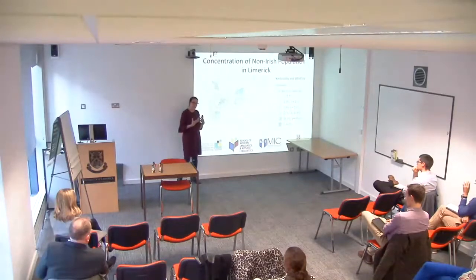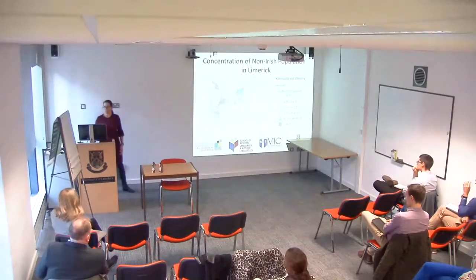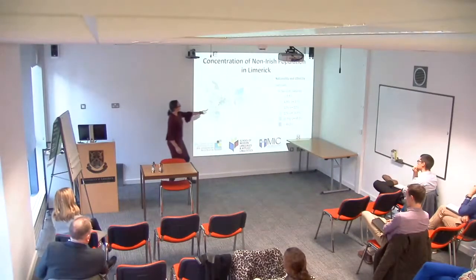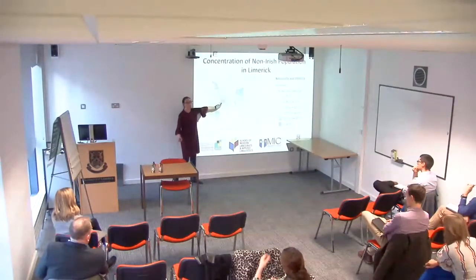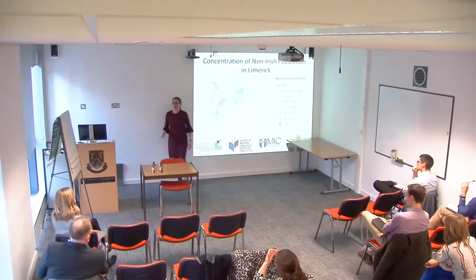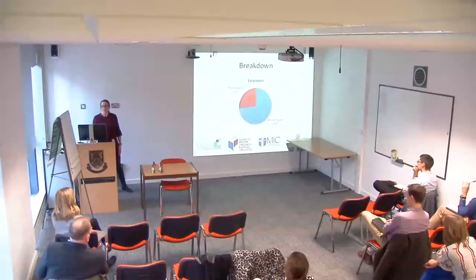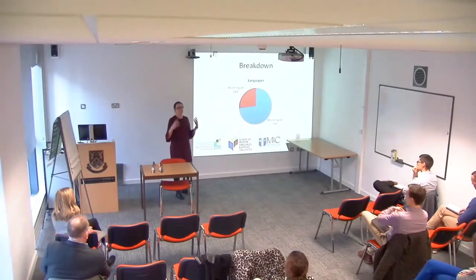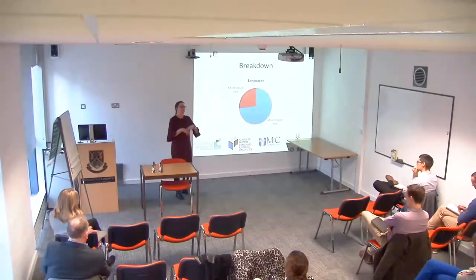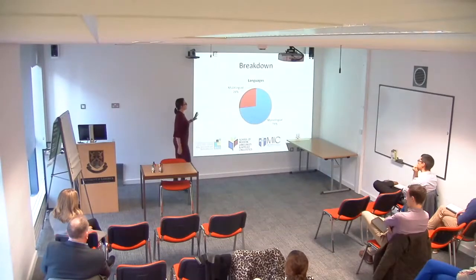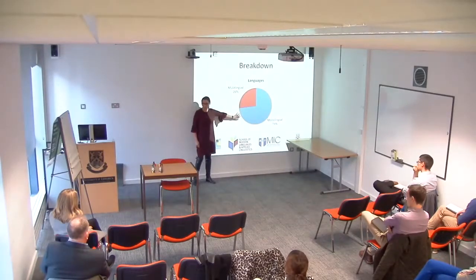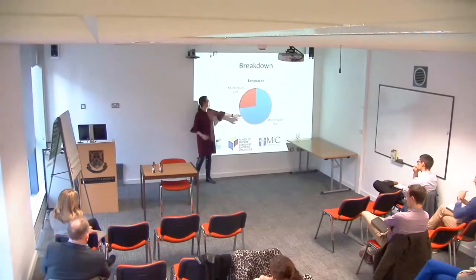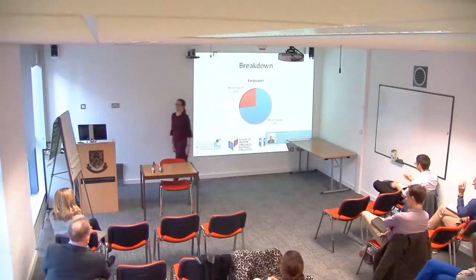And the students came to that conclusion themselves by reflecting on what they had seen and heard over their 3 weeks of data collection. So here, in these areas of the city, you're approaching almost 50% of the population who are migrants to Limerick. So they gathered in total a bank of 1,645 images that we then analysed through various different softwares, looked at the presence of languages. So we found that in total 74% were monolingual signs, predominantly monolingual in English, not always, and 26% of the signs were multilingual.